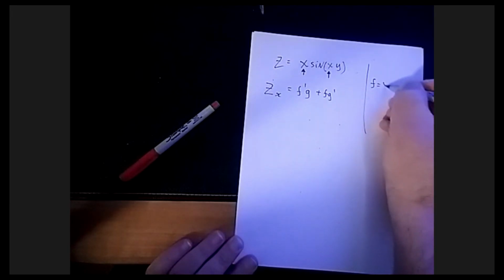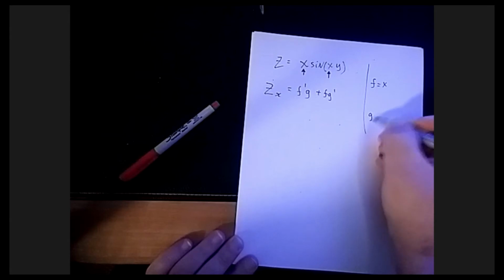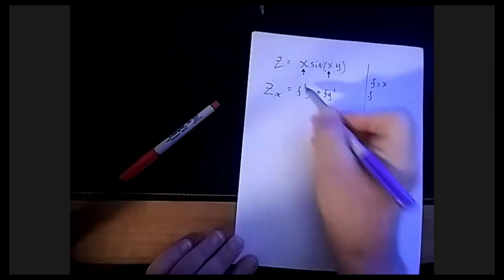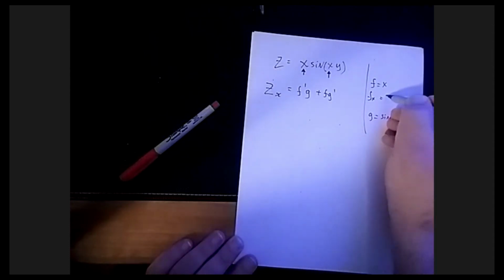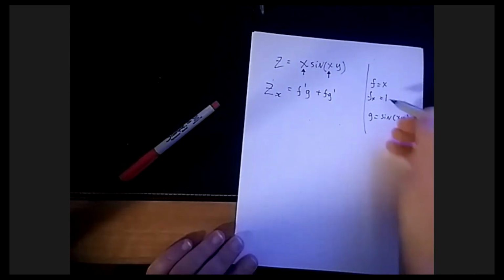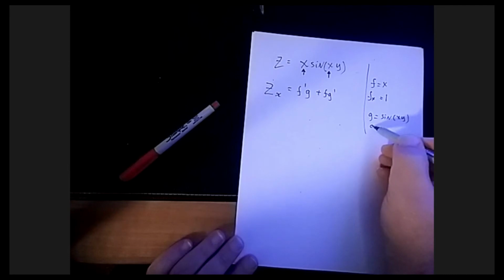In this case, f is going to be that guy, and g is going to be that guy. So that's what you'd expect. The derivative really should be called that guy again. Now, if you differentiate that guy, you get 1, with respect to x, of course. Now, if you differentiate this guy with respect to x,